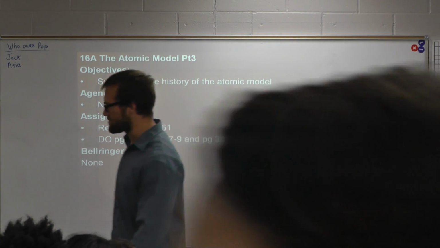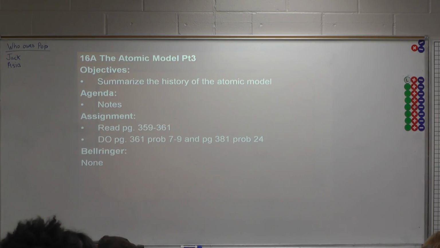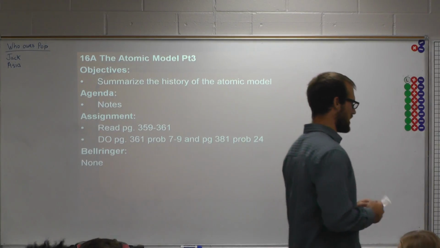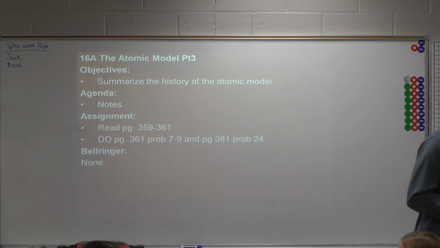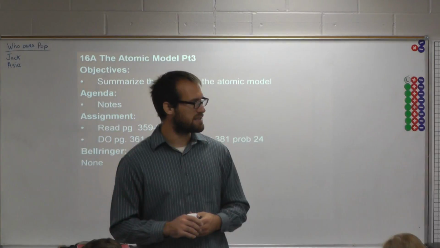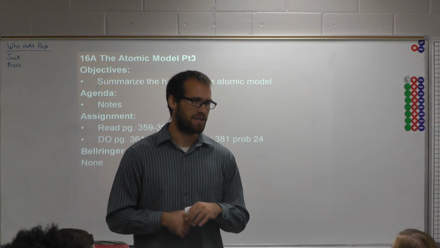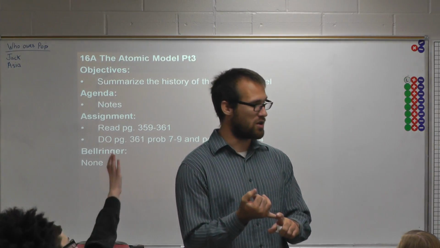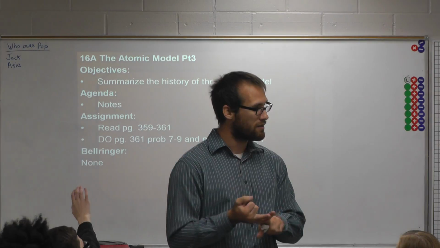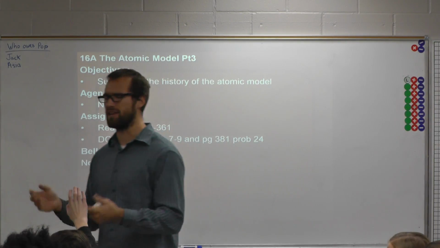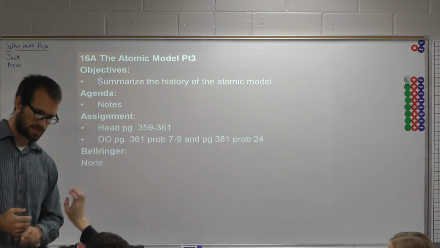Then along came J.J. Thomson. He's known for what? Coming up with the plum pudding model. What was discovered when he did that? The electrons were discovered. We're not going to get too crazy into how he did that. Then Ernest Rutherford had an experiment known as the gold foil experiment, and he discovered the nucleus. He shot alpha particles through gold foil. Most of them went straight through, so he discovered not only the nucleus, but also that most of the atom is made up of empty space. And about 10 years later he discovered the protons.